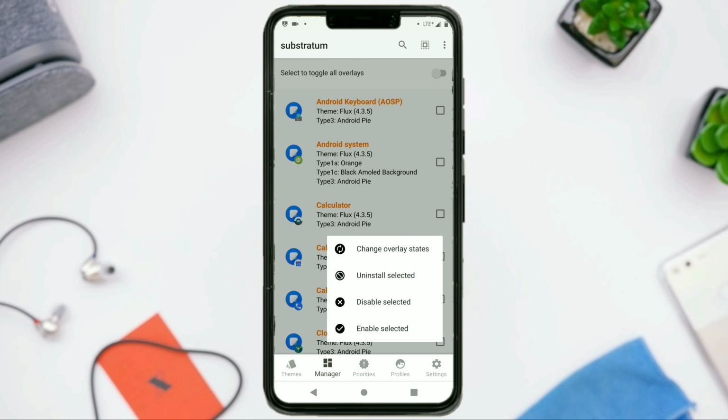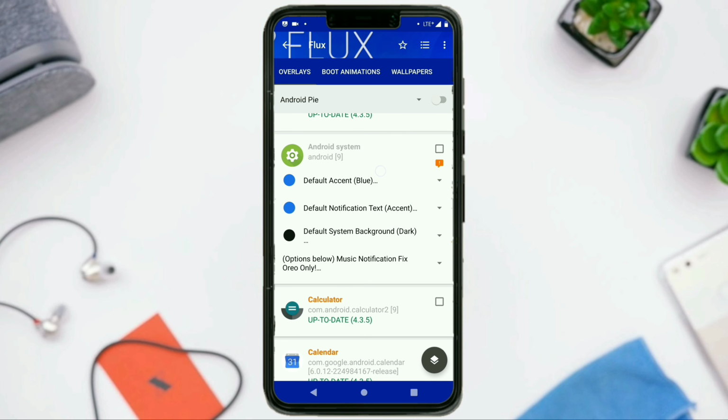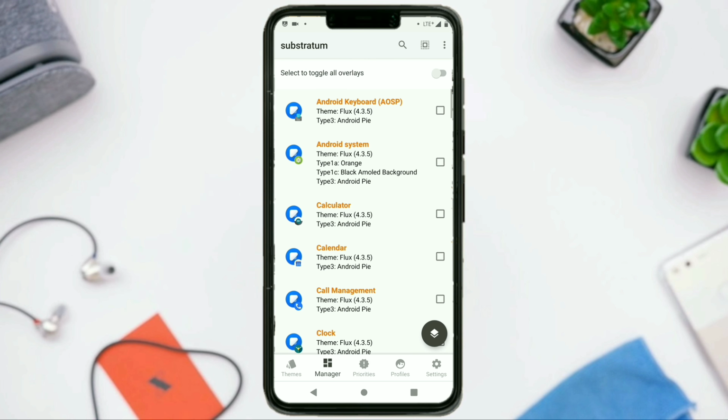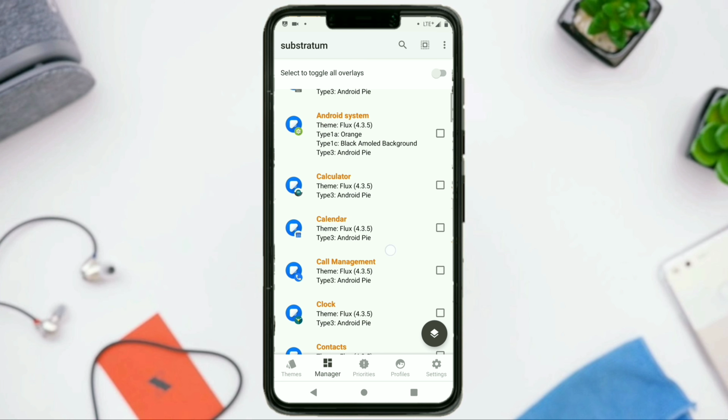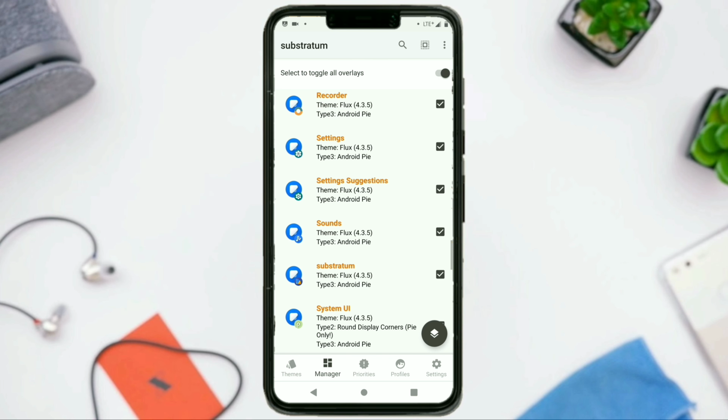Now I had told you before that when we were in the themes tab, from there we compiled the overlays. You might have studied this in programming, where you compile a program and then you run a program. So we have compiled the overlays now, and now we have to implement them, or you can consider that as running a program. So we have to enable the overlays, and once again we have this switch button. If you toggle this master switch, then all the overlays that are installed